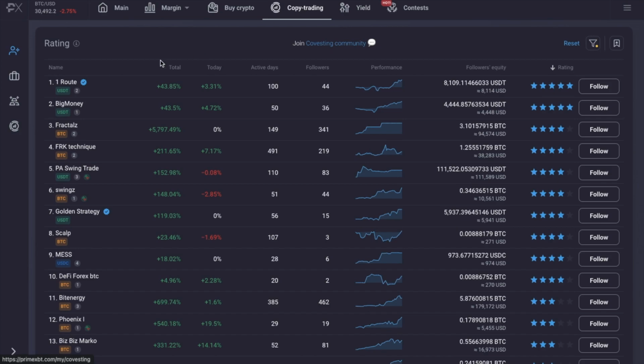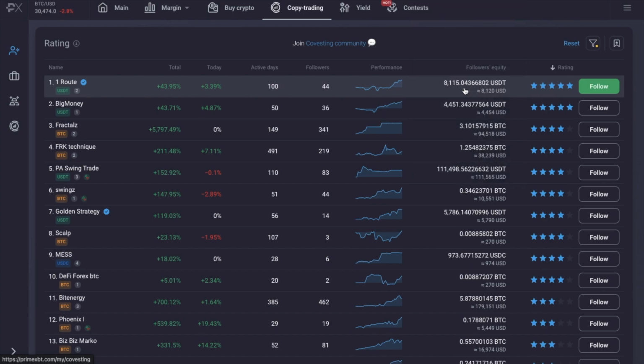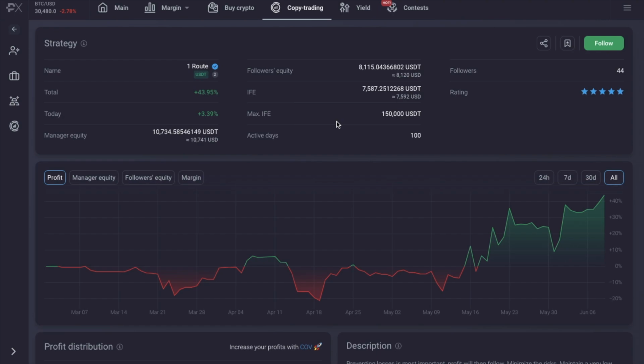To follow a strategy, go to the Rating tab on the left-hand side of the screen, which shows the current ratings and core statistics of all the strategies. Here you can review any strategy that you want to follow, and you can also filter and view a summary of how they're performing, active dates, followers and ratings. To follow, click on the strategy, which will then bring up further information about that strategy, then just choose to follow,